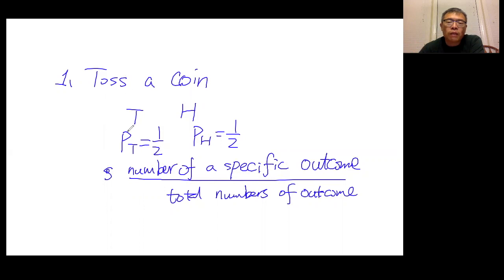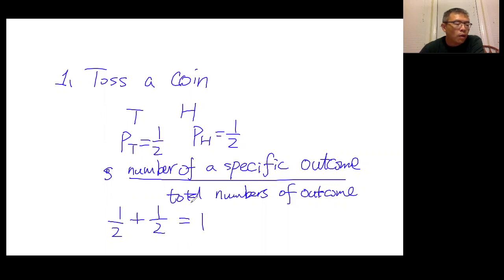Another feature you'll see is if you take all the probabilities, in this case 1/2 for tail and 1/2 for head, and add them together, you get exactly 1, as it should be. This 1 tells you the probability of getting either a tail or a head. It's always normalized to 1, or you can say 100%, right? You have to get something out of your toss. So this is a simple but generic feature of probability.